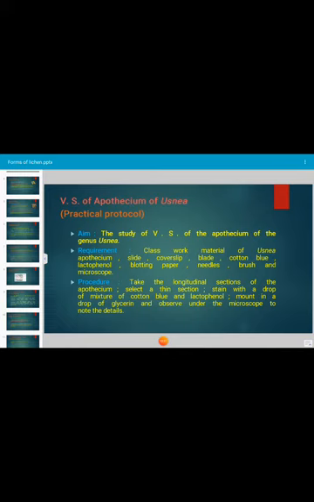We have to take a thin section of the apothecium, take a longitudinal section and select a thin section, stain with a drop of cotton blue, then mount in a drop of glycerin and observe under the microscope to note the details. You can directly mount in cotton blue also. Because the spores are colored and the fungal hyphae are slightly brownish in color, there is no need of stain, but we have to mount in cotton blue. Okay. And let us see what the details are if you take the section of apothecium of Usnea.